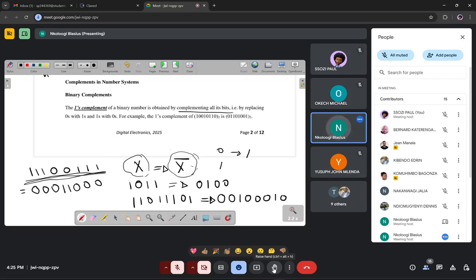When you invert a 1, it goes to a 0. So in any binary number, that is what we do, and that is what we call the ones complement. There are other types of complements that we are going to be discussing, but the ones complement is computed like that. So in the example in this slide, the number is